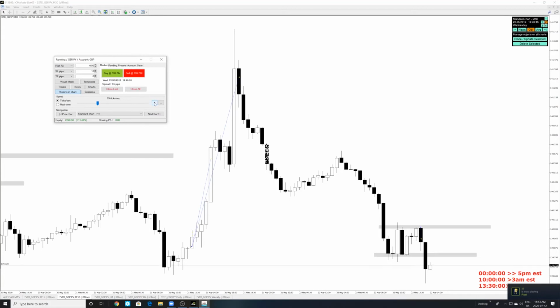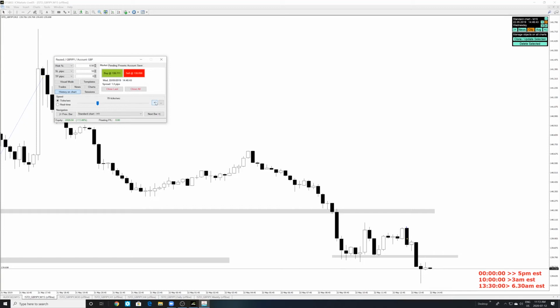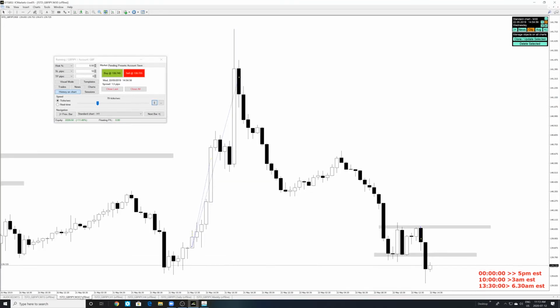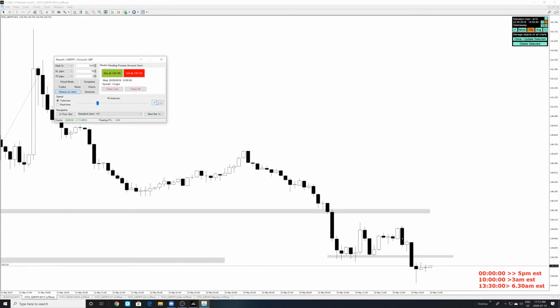We have to wait. Let's take a look at the 15-minute. The 15-minute is forming some sort of a rejection. This 15-minute candle is about to close. The 15-minute candle just closed. This is the start of the new 15-minute candle. We're also waiting for the 30-minute candle to close. And this is the start of the New York Open right now.